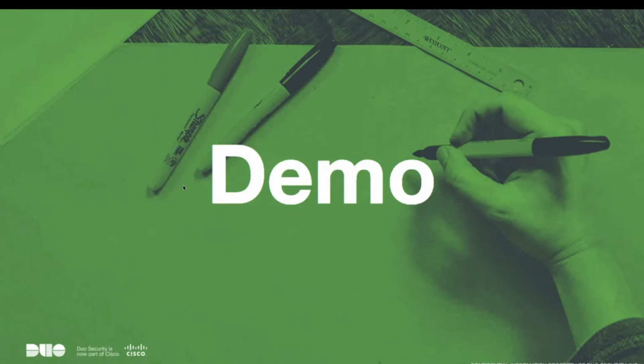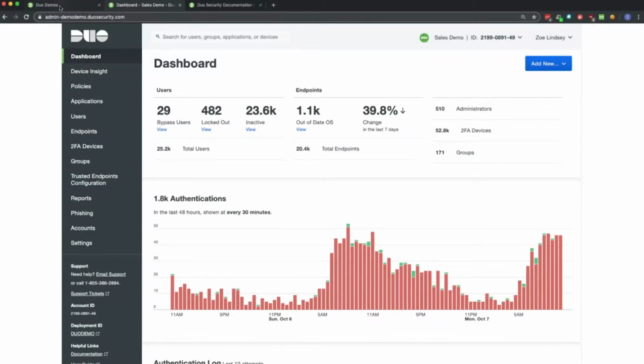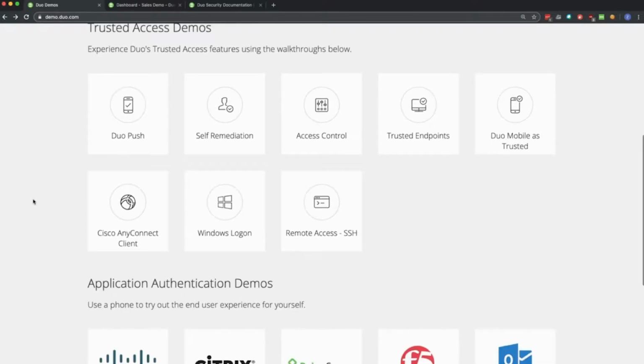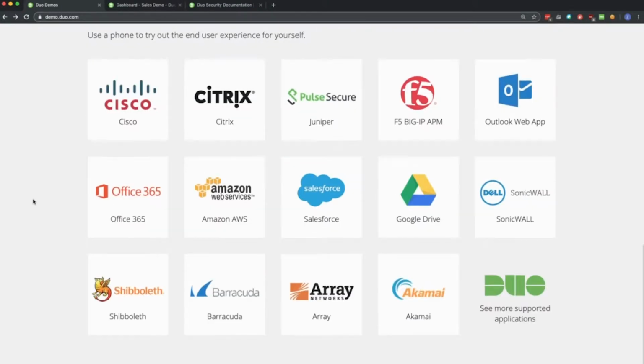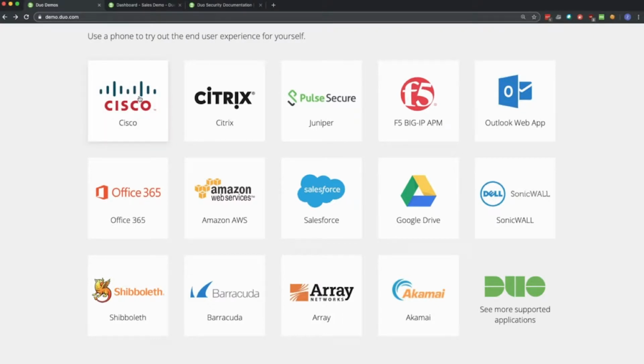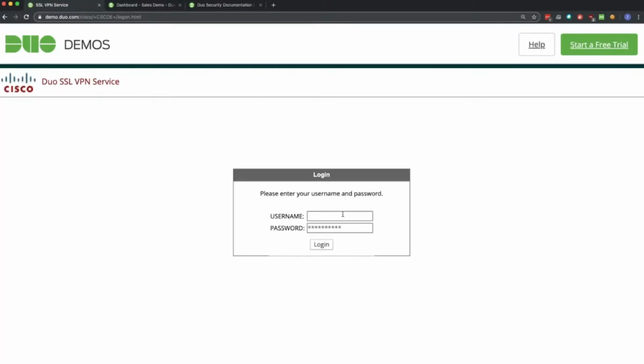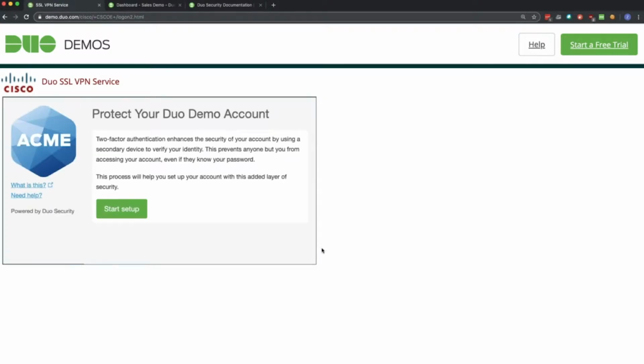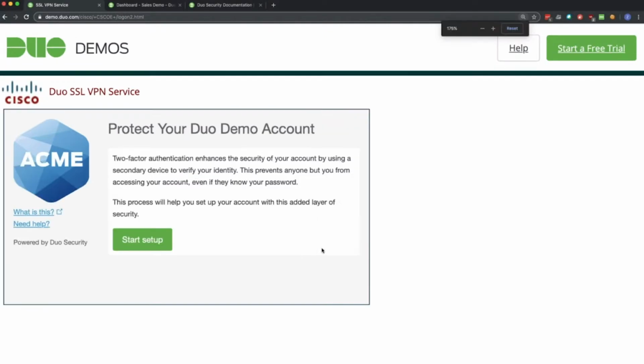So now we're going to flip over to the fun stuff and get into a live demonstration here. The first thing that I would like to show you actually is from the user's perspective, a live login into a resource. And we're actually going to go through this very quickly twice. The first time I'm going to enroll as a new user. So you can see what the process is for a new user using one of our enrollment options that can be leveraged, self-enrollment. Let me make this a little bit bigger.